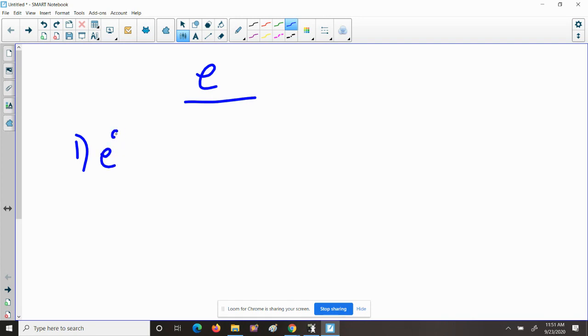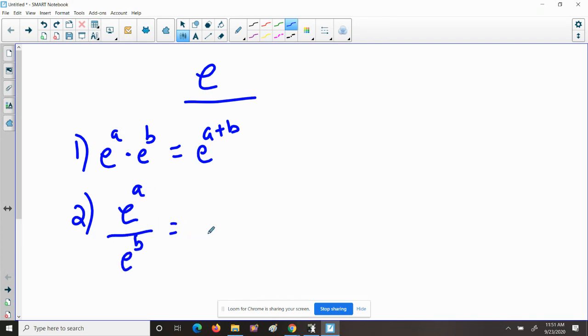If we have e to the a times e to the b power, that's e to the a plus b. Remember, when we have multiplication, we add the exponents as long as we have the same base. And then also, if we have division, let's say we have e to the a divided by e to the b, then that's e to the a minus b. That's just to refresh, make sure we remember those properties in case we have to use them when